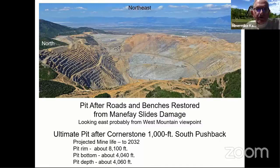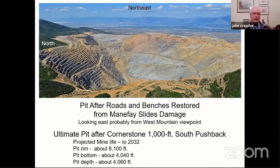In the where the slide was up there, that was all rock. It was not any dump material up in there. No, what is here? This, yeah,